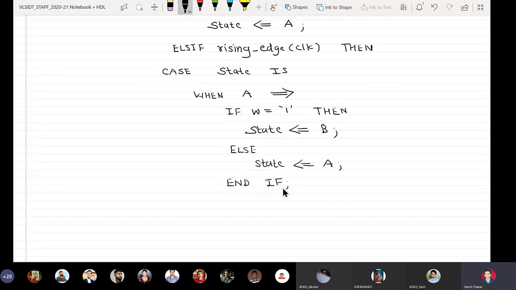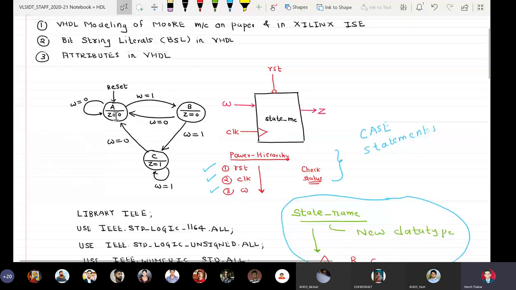Okay, my first state is covered. If input equal to 1, go to state B, else remain in state A.